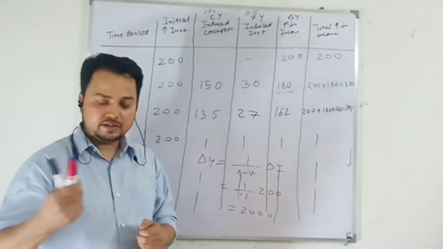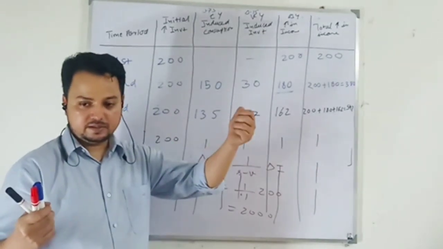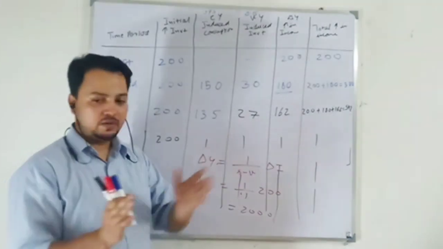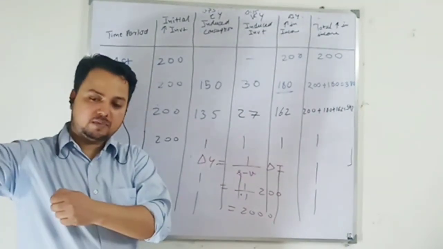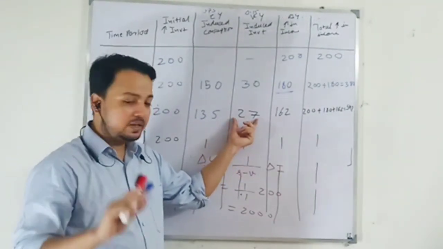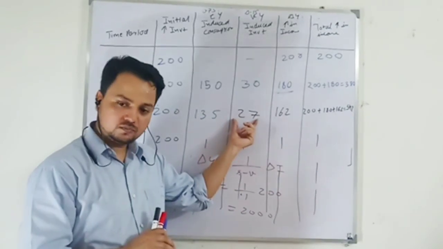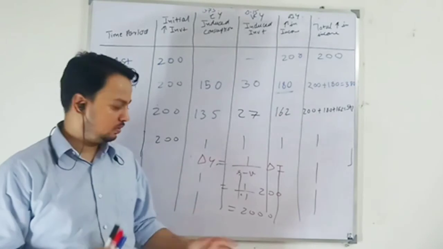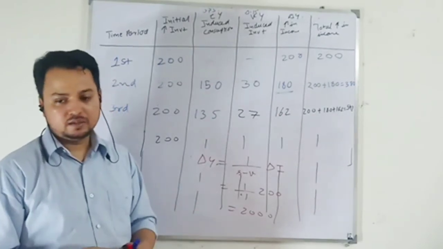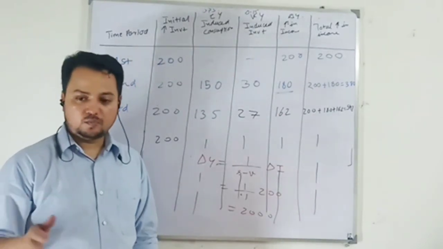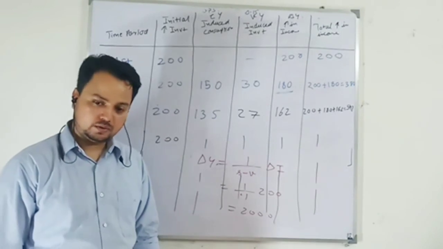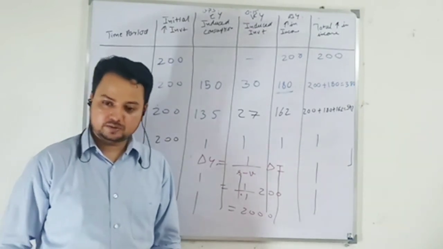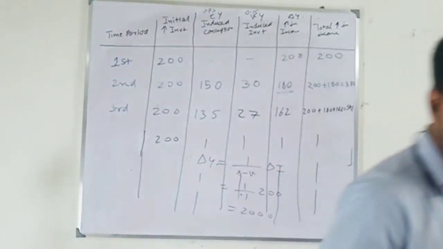Second, the accelerator: when your income increases, investment demand increases, but that increase is also reducing. So from both ends we see that there is going to be a halt, and maybe this process will stop before we reach full employment. So this is what we have in the super multiplier model. Just wait for me.